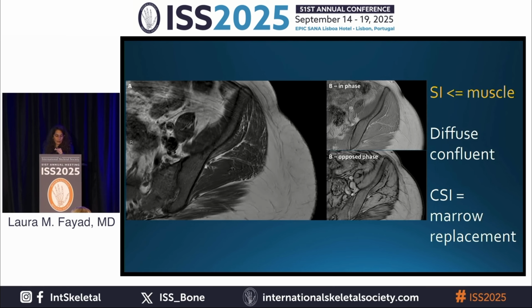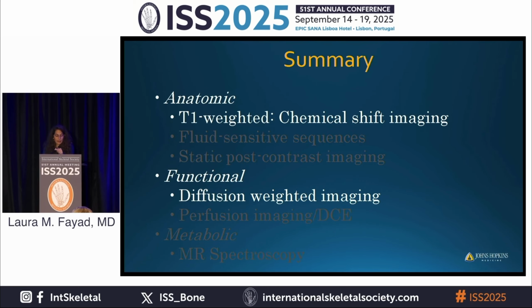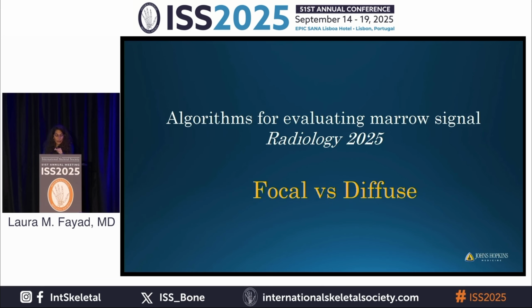And then here is one that's more subtle. So on T1, it's kind of iso to skeletal muscle. But with the chemical shift imaging, you see there's no drop on the opposed phase compared with in phase, and this was diffuse myeloma. So in summary, we talked about the importance of T1 weighted imaging. You start there, and then you can rely on these other fast non-contrast techniques to help you. And remember this article, which is online and has very useful